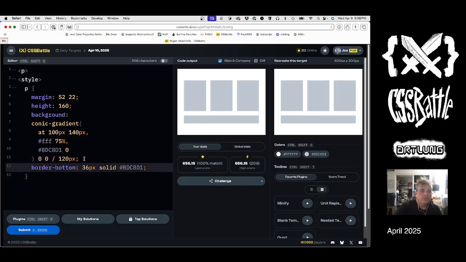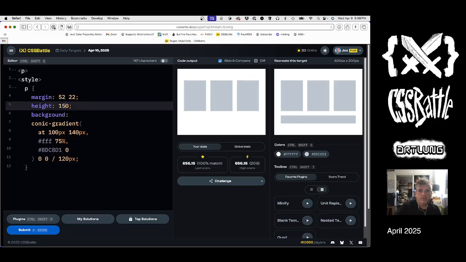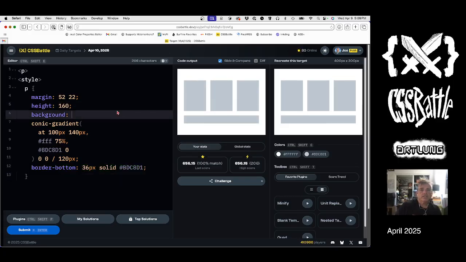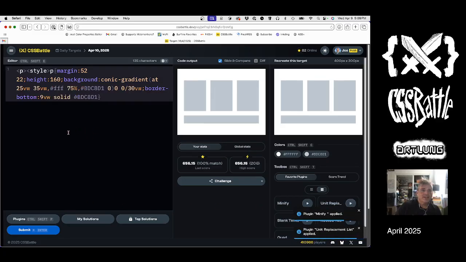And in fact, if we don't do that border bottom, what do we get? And we make it taller. 5, 6. Oh, so 200? No, we're not going to do that. We're not doing that. Let's minify and unit replace and get out of here, because I'm tempted to do it